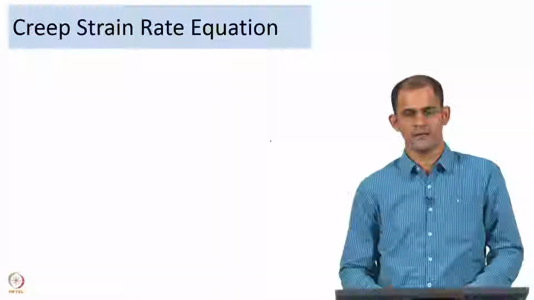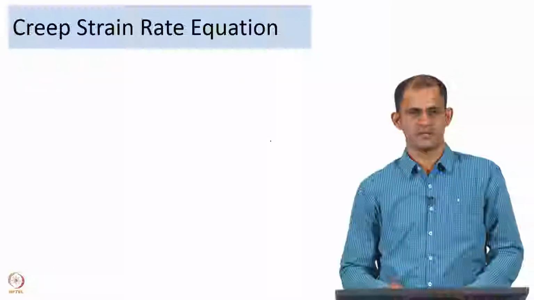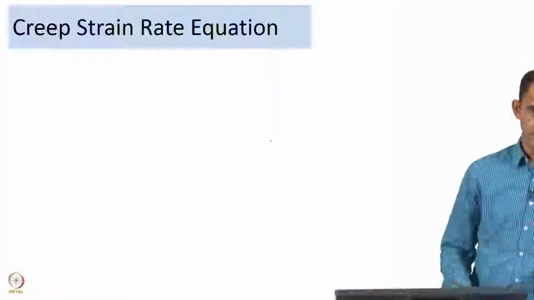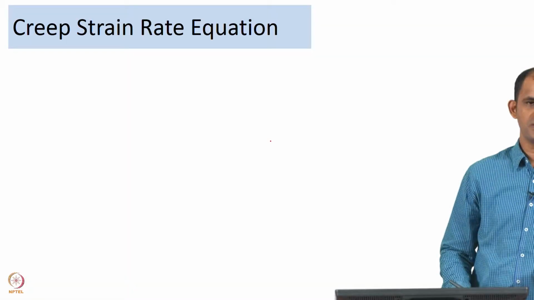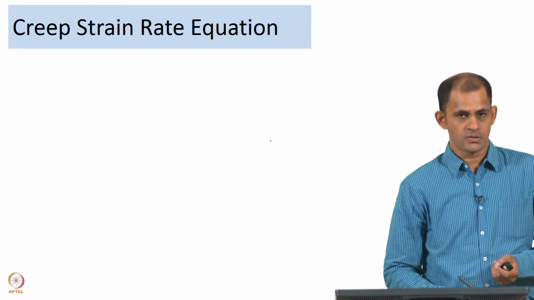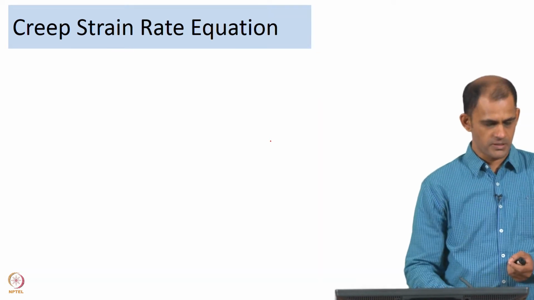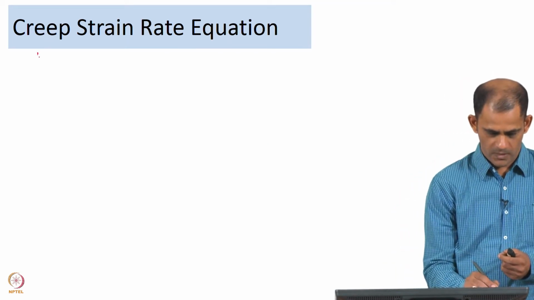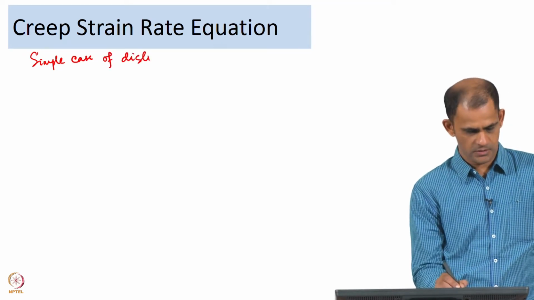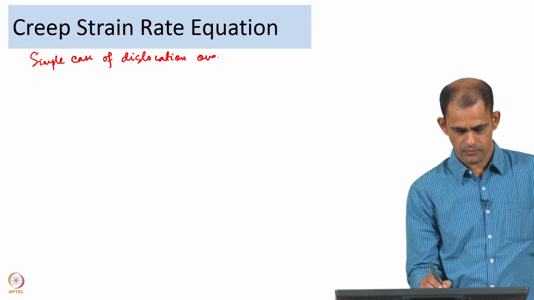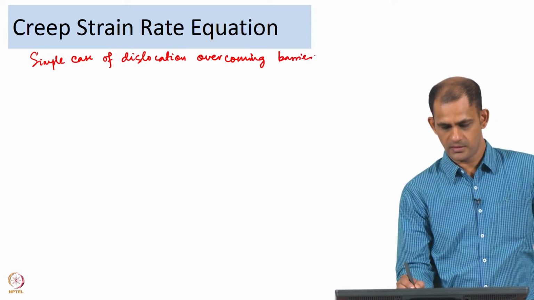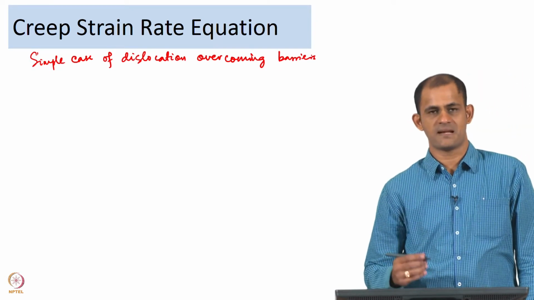If you are interested in determining the strain rate of deformation, then this is the approach that we are going to use. Most creep mechanisms either happen by diffusion of vacancies or involve dislocation motion. Now, for the derivation of the creep strain rate equation, let us assume a simple case of dislocation overcoming barriers. If you remember in the previous lecture, in one of the slides I was talking about the